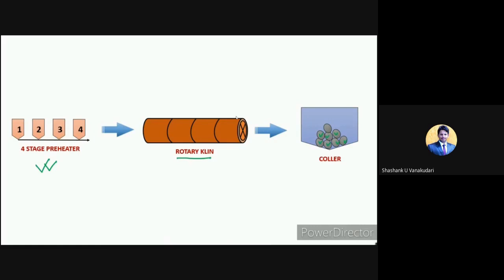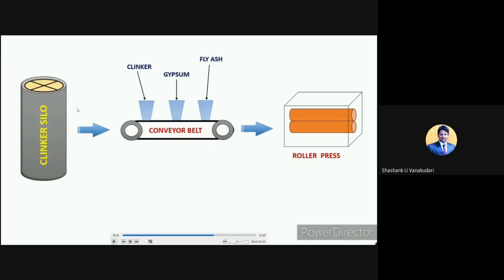But here the application of this rotary kiln is very little because the material is already dry in its state, so with just a standard amount of heat it passes through and starts cooling in this chamber. After the cooling process it is sent to the clinker silo, where the clinker is stored in a particular chamber. And then through this conveyor belt, in the ball mill you can see the clinker, gypsum, and then fly ash.